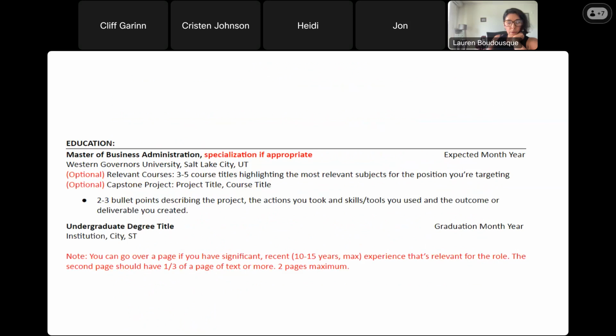Now, in the education section, pretty straightforward. If you're getting a master's degree, then you want to put that first, your most current degree that you're pursuing. So here we've got a master's, an MBA, the date to the far right of your expected graduation date, Western Governors